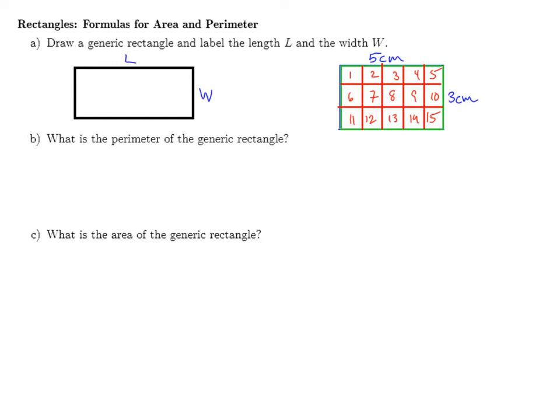So since this is a rectangle, I've labeled L and W, and I know that the bottom side length is identical to the top side length. I also know that the left side length is identical to the right side length. So the perimeter